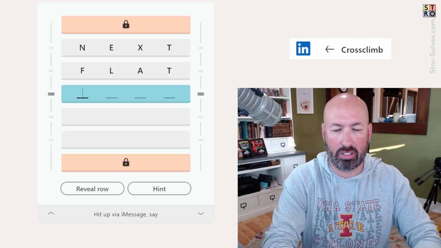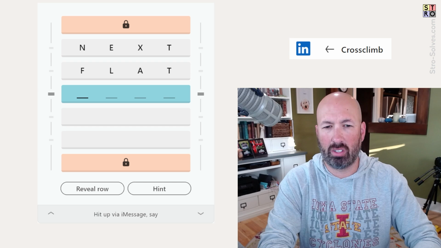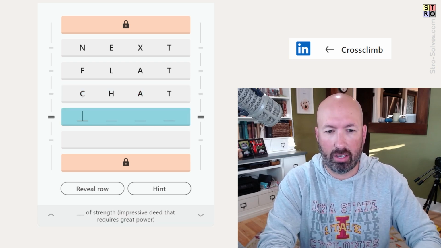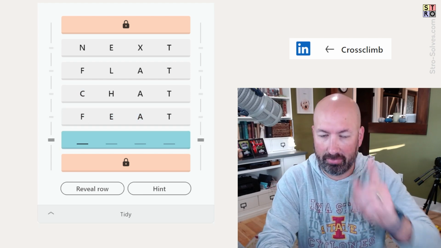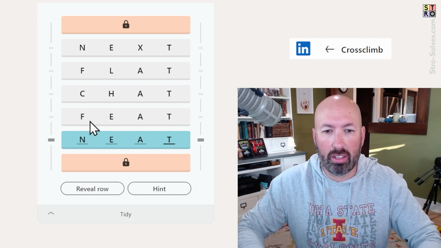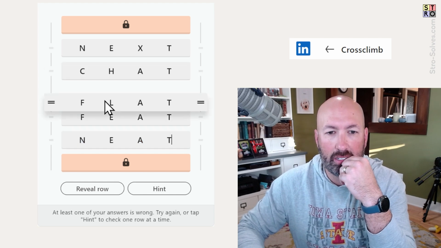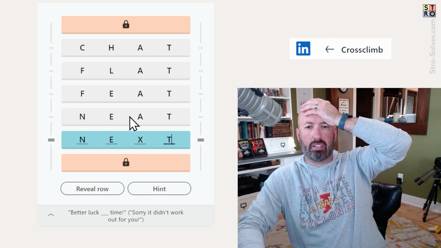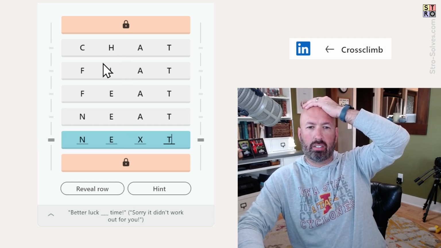Hit up via iMessage, say. DM'd? No. Chat? Blank of strength. Impressive deed. A feat of strength. Feet. Gotta spell it correctly. Tidy is going to be neat. Okay, and now we got to reorder them. Well, we got feet, neat, and then flat, and then next is going to come down here by neat, and then chat. How is chat going to...